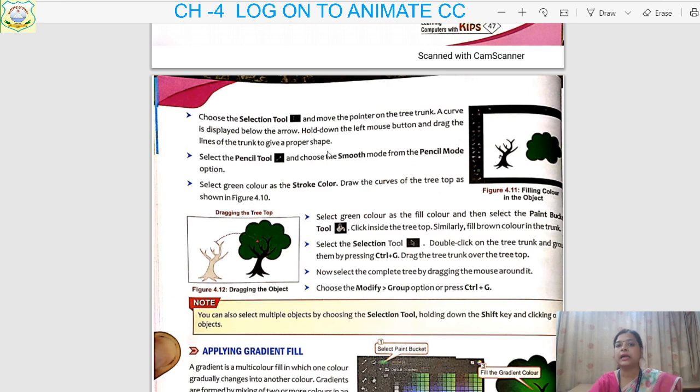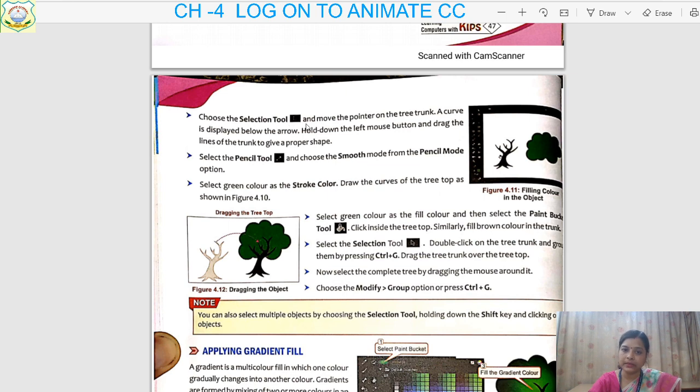Through that curve, you can give a proper shape. If you draw it using the pencil, it may be a straight line. Then if you want some curves in that, you have to use this selection tool.